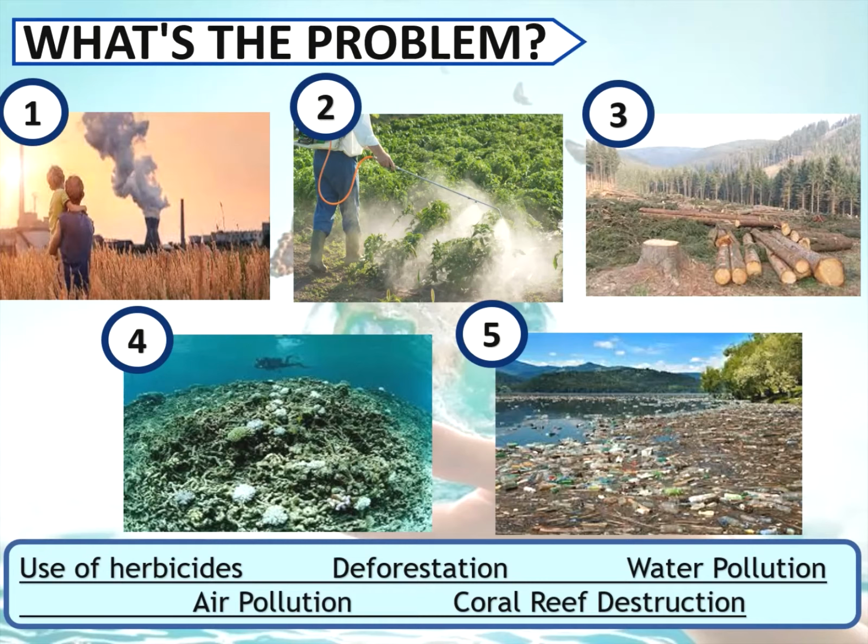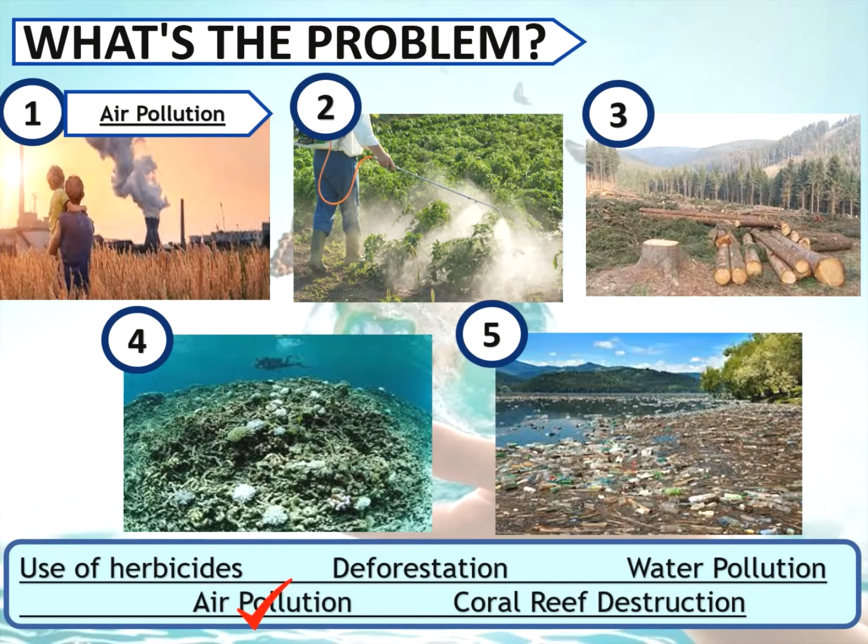Okay. Now, let us answer, what is the answer number 1? That is what we call air pollution. Air pollution is another human activity that will affect the ecosystem, of course also the human, na malaking epekto na nagagawa nito sa buhay ng hayop, ng mga halaman at sa kapaligiran.